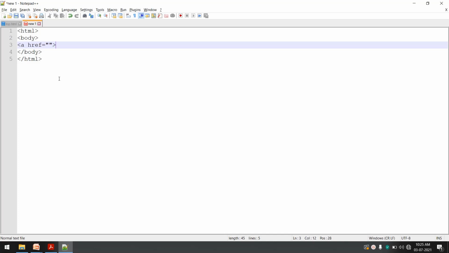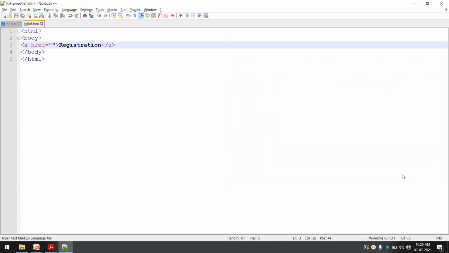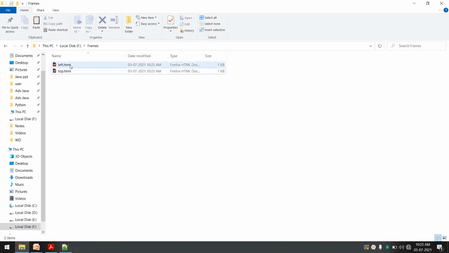Before closing the anchor, you can include some text. Registration. Okay, then the anchor is closed. I'll show you. I'll save it as left.html. Saved. I'll just execute this left.html and show you.